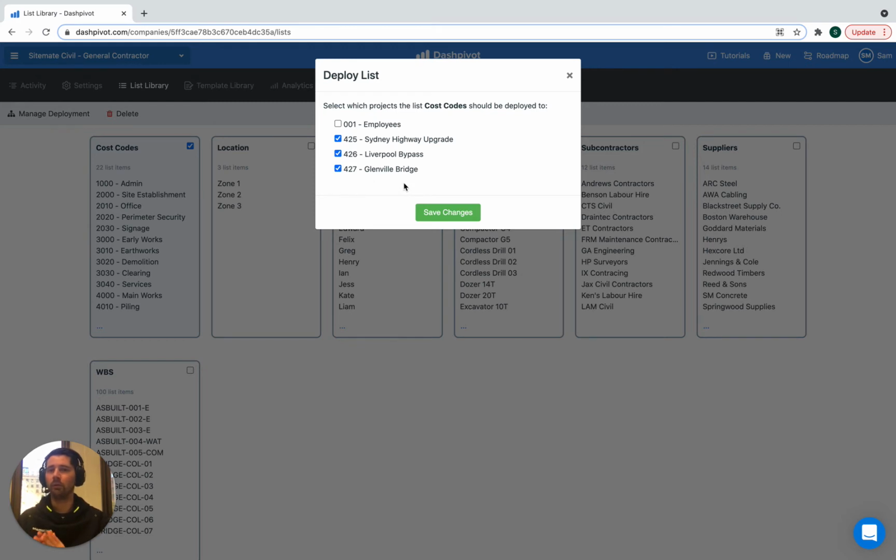And then what we'll do after that is go into those project folders and actually create the list of values that we want to refer to. We can either create entirely new values or we can use the existing values that we have in this list. So let's run through the steps. So we're going to select all three of these projects and click Save Changes